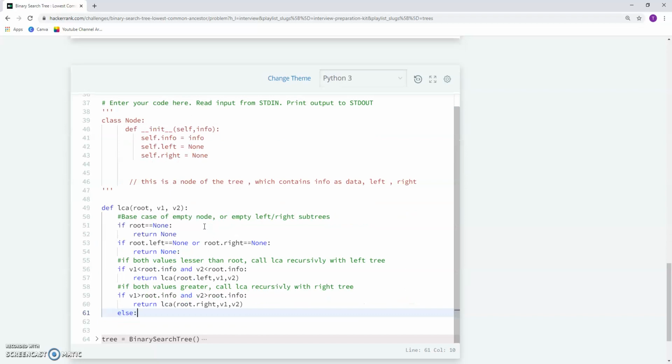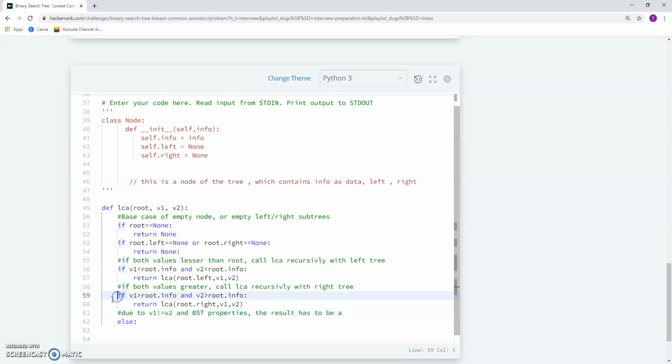So there's a couple of assumptions that are made there. Now, if this was a regular binary tree, which wasn't as strict in terms of the left subtree having all values less than the node, and likewise for the right tree having all values greater than the node. If that logic didn't hold, if you had a graph, for example, this assumption wouldn't hold. But in this case, due to v1 not equal to v2 and binary search tree properties, the result has to be